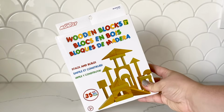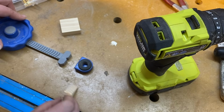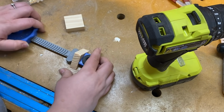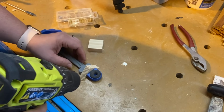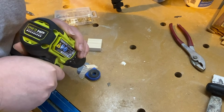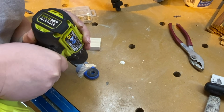For my next DIY, I am using some wooden blocks from this set I got at Dollarama. I also used some blocks from this set in my fall DIYs, so this $3 is stretching pretty far. But what I took out was some triangles and some squares so that I could make these into little house